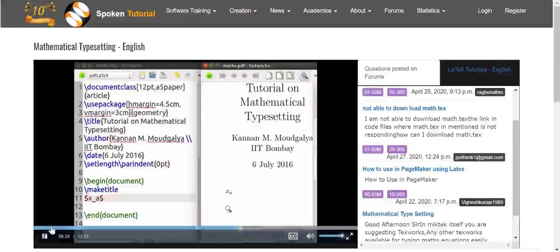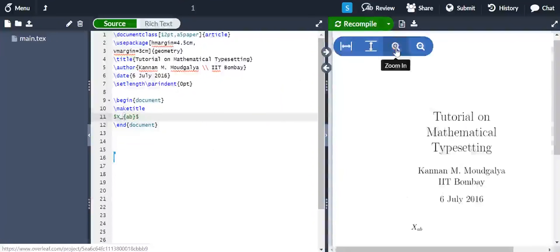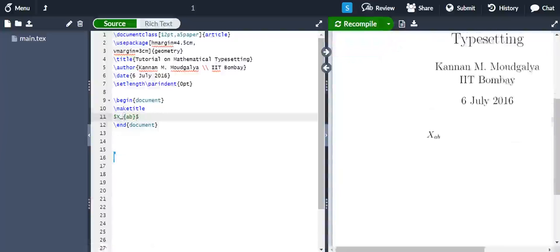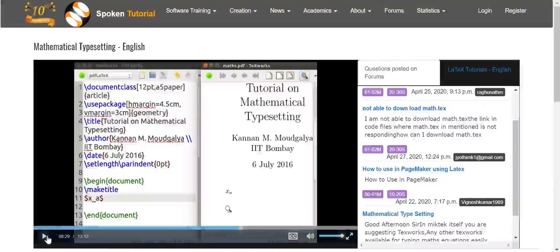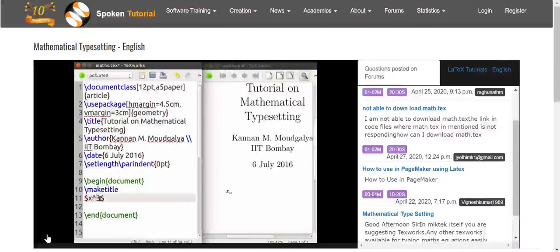Superscripts are created by the caret or the up arrow symbol. For example, if you want to create x to the power 3, you will write x caret 3.